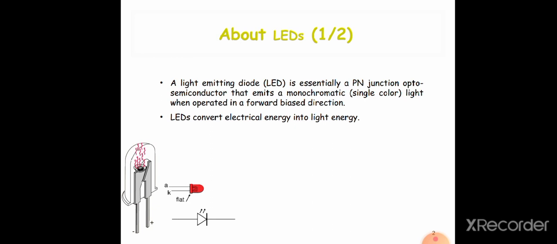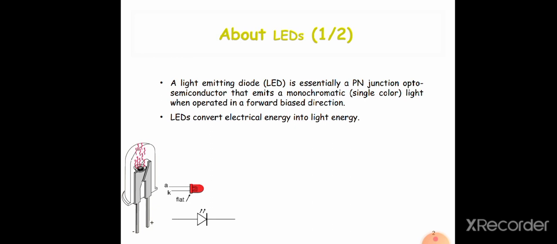Then after that we have seen the biasing of the PN junction diode, in which we saw how the diode operates as an on switch in forward bias and an off switch in reverse bias. Accordingly we have used the diode as an on-off switch, and that concept we have seen in the rectifier also. We saw how the diode conducts for the positive half cycle and remains off for the negative half cycle. So this is the use of the PN junction diode. It is used as an on switch, an off switch, as well as in the rectification process.